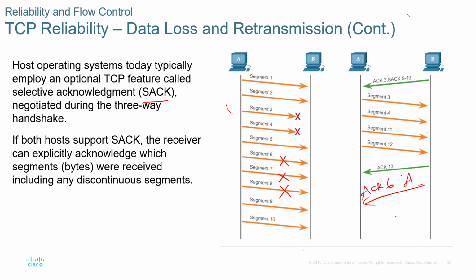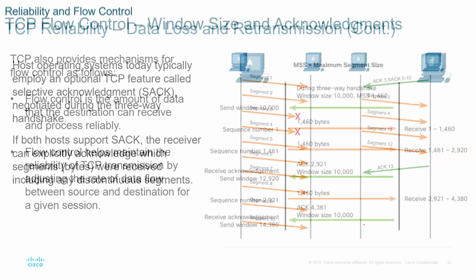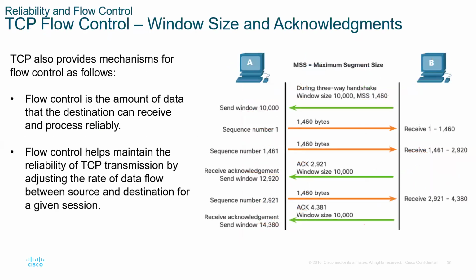Or that acknowledgement selective, numbers 9 to 10. Meaning number 6 will be sent, numbers 7 and 8 will be sent. 9 is not sent because it is a selective acknowledgement basically. So you'll be asked questions to identify which number is in the acknowledgement, then which number is in the selective acknowledgement. That's how data loss and retransmission is dealt with in TCP.